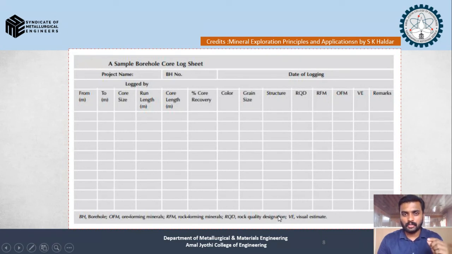Normally engineers have a certain chart with which they compare the RQD data, and it is normally used to designate that column with that data. And we have a visual estimate also. You can have a comment over the ore you extracted, and you can give a remark over the last chart. So this is the ultimate aim of doing sampling, and you can understand how important a role sampling plays